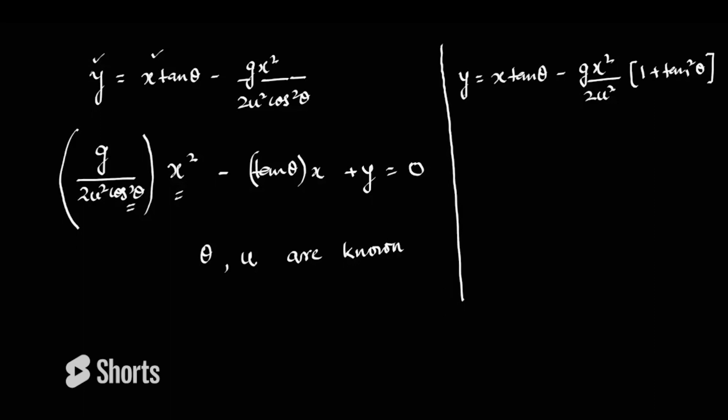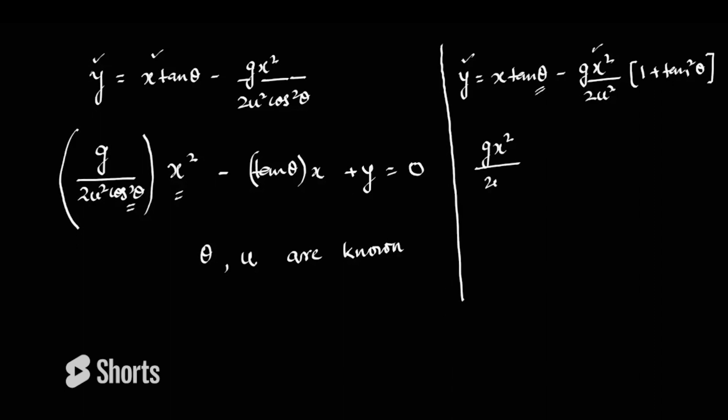And therefore you can see when y and x are given to you, which means, let's say if a particle passes through certain point, in that case y and x is known to you, and the equation becomes a quadratic in form of variable theta, and you can rearrange it and write down as